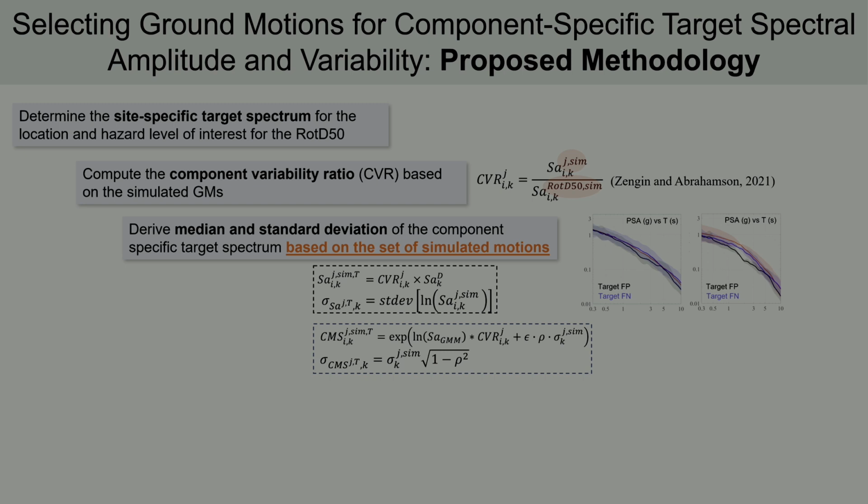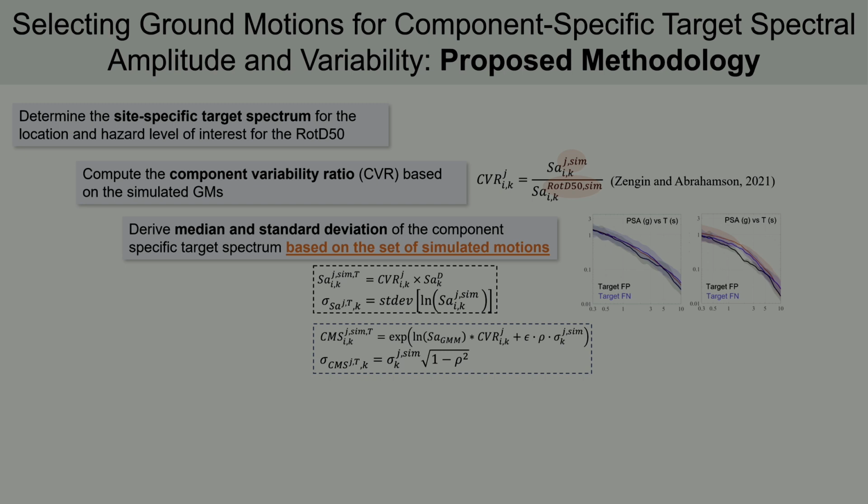Briefly, as expected, you can clearly see the CVR factor popping up in the expression of the target amplitude. And here, the effect of this CVR factor is to split the target spectrum, again for the RotD50, for the two components. Then we also introduce another factor, sigma, and specifically we introduce this for the deterministic spectrum. We just modify this for the conditional mean spectrum,